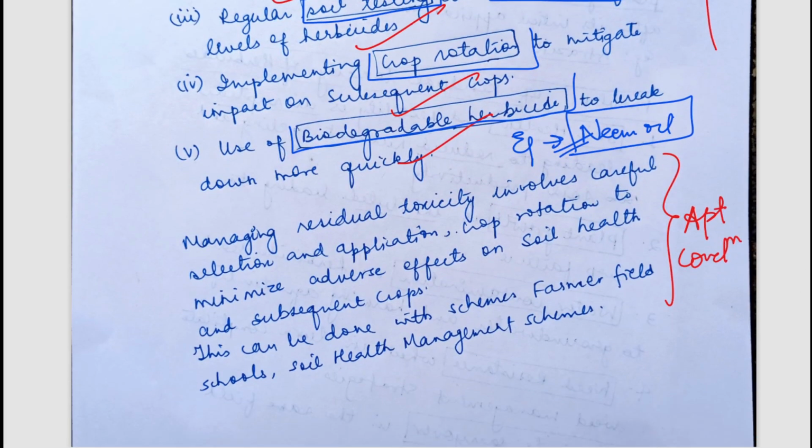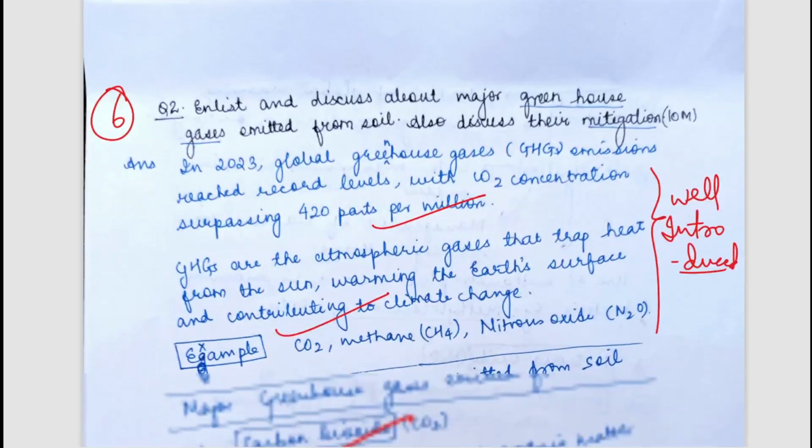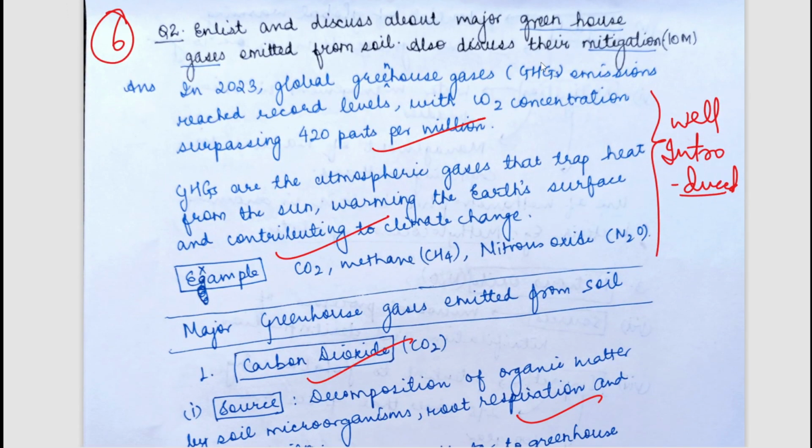So these were the points well mentioned and again appropriately concluded. So this was question one. I hope you understood it. Now let's move to the second question, that is, enlist and discuss the major greenhouse gases emitted from soil and